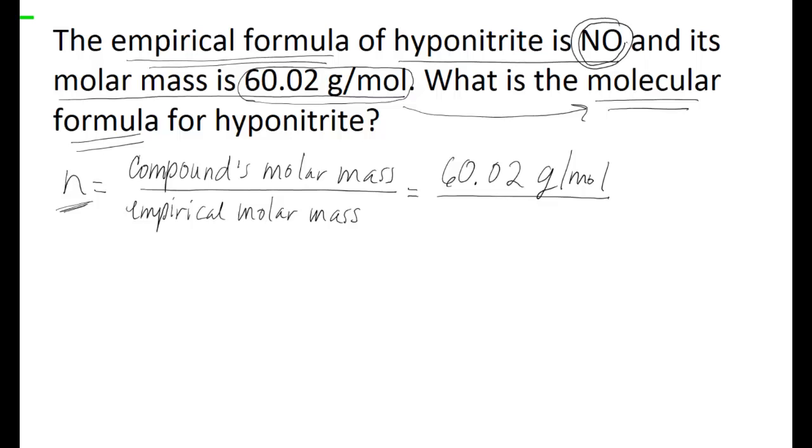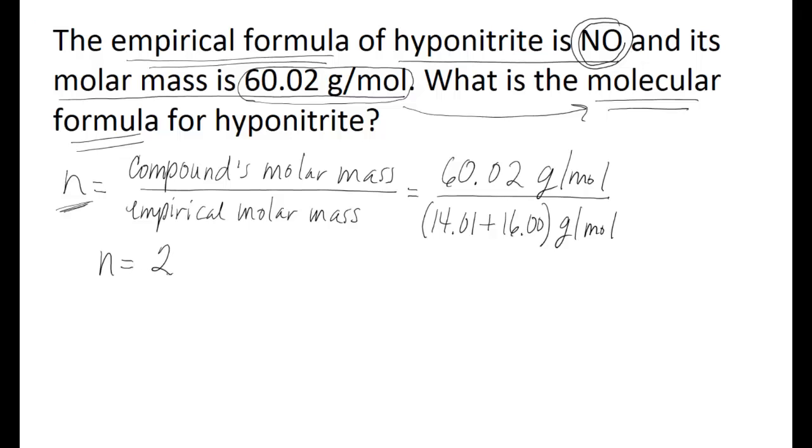formula. You're told that that is NO. So what you can do is look up the atomic mass for nitrogen, N, and the atomic mass for oxygen, O, in the periodic table and add them together. So nitrogen is 14.01 grams per mole and oxygen is 16.00 grams per mole. So when you do the math here, what you get for your n value is going